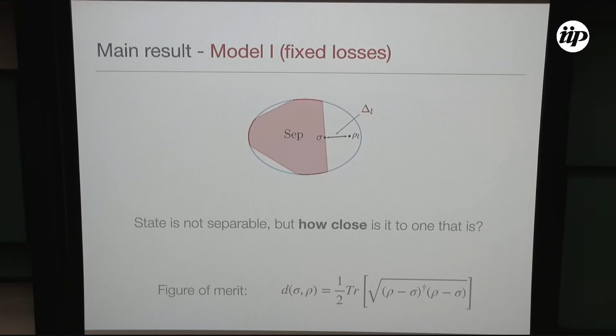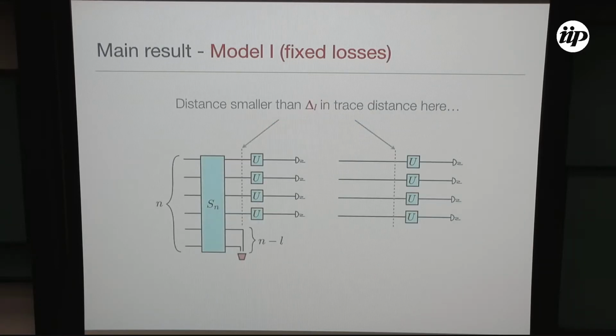The reason why we do this is that by a property of the trace distance, you can show that if the trace distance between these two states, the lossy state and the state we're going to use to simulate it, is smaller than some delta L, then it does not matter what linear optical transformation you apply or what measurements you make, the distance is also going to be smaller than delta L in the total variation distance at the level of the output distributions. Which is the distance that you care about for probability distributions. So it's going to be sufficient to find one state that is close enough to the state that we care about at this stage.